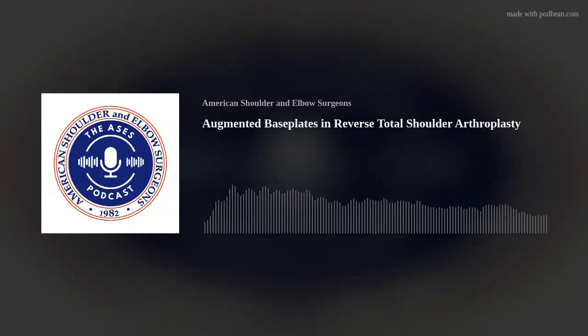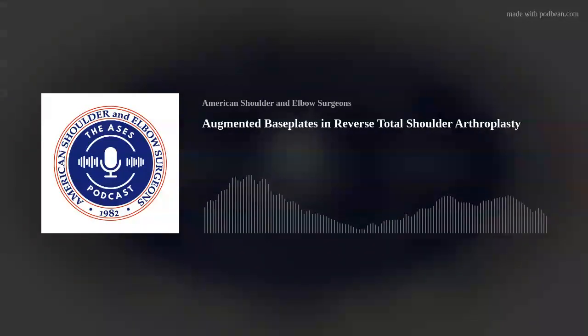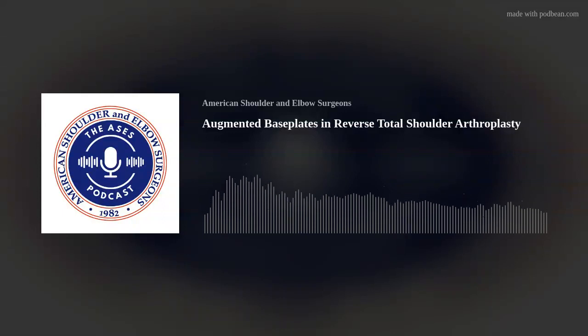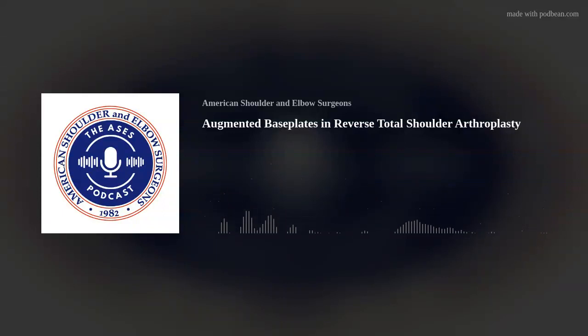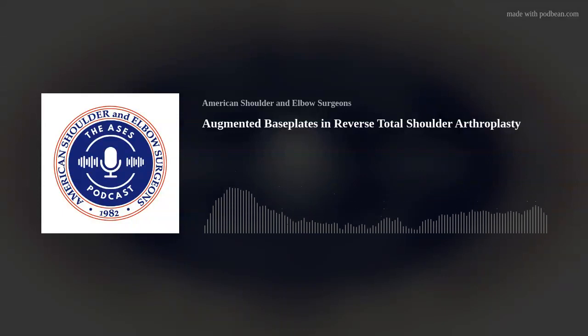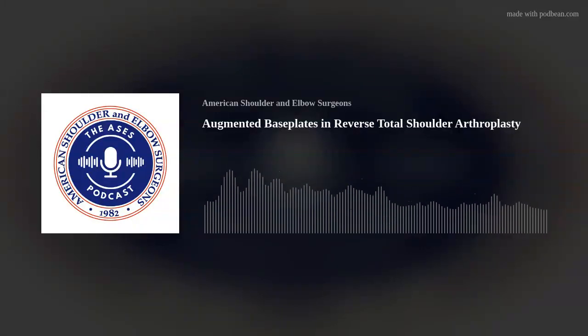Okay, so let's start at the beginning. And I want to start with a clinical scenario. So you're facing an elderly patient with a massive irreparable rotator cuff tear and pseudoparalysis. So I think hopefully all of us agree this is a reasonable patient for a reverse total shoulder arthroplasty. And let's say there's no glenoid deformity. It's a normal glenoid. And the reason you're doing the reverse is not for arthritis, not for glenoid deformity. It's solely for an irreparable cuff tear. And the question I want to ask each of you is, for this patient with no glenoid deformity, are you routinely using a bone graft or an augment, or is this a patient that gets a standard base plate? So Andy, how would you approach this patient?